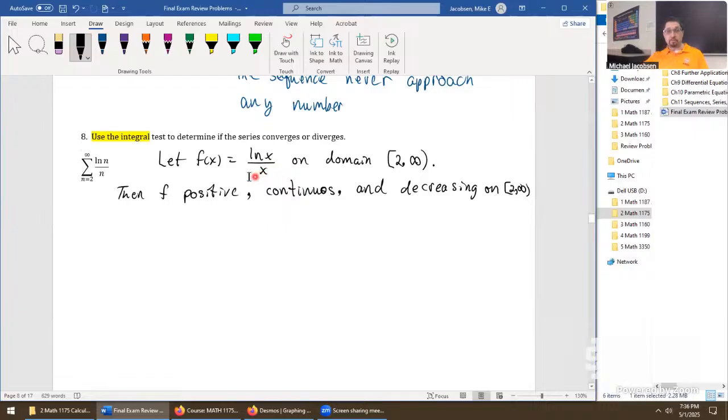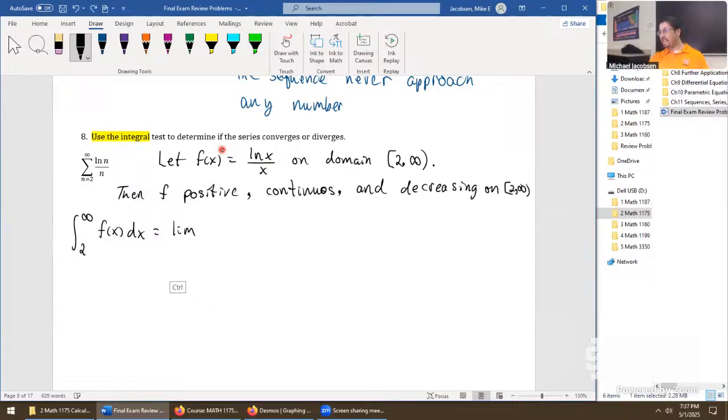That means the integral test really does apply, but if you're told to use the integral test, it should apply, or else the whole problem is flawed and would have to be thrown out. But it's good to just think about this. You don't necessarily have to write it down as a step, but those are the conditions that had to pass. Then when all this qualifies, we're going to take this function to an improper integral that goes integrate 2 to infinity f of x dx.